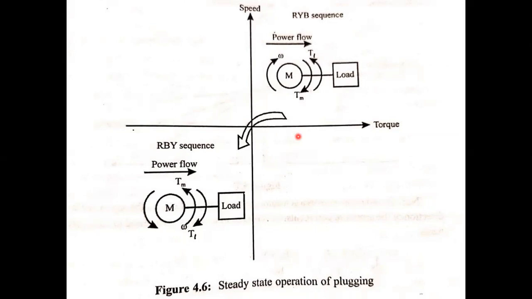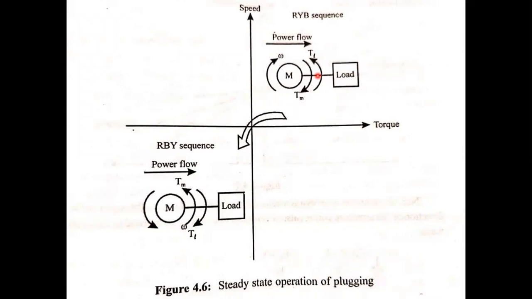The supply voltage VA and the induced EMF E act in the same direction. The armature current is reversed, thereby producing braking torque, and the field current is positive. For DC machines, the supply voltage VA and induced EMF E act in the same direction, but the armature current is reversed, thereby producing the braking torque.